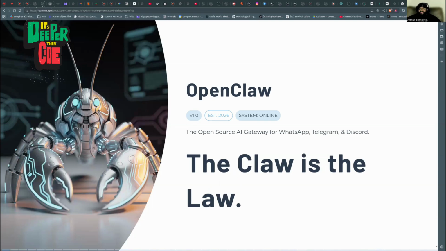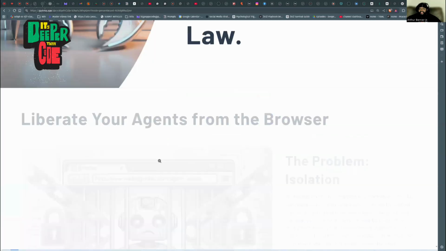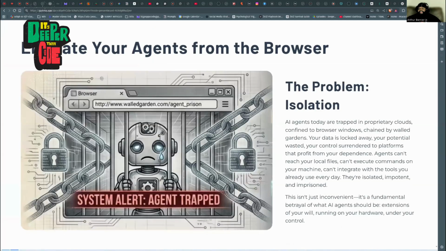So let's look through some of these slides real quick, so you can see what it is that this actually does. You see right here in my slide, it says liberate your agents from the browser, because the problem that we just talked about is isolation, right? Your agents today, they're trapped in proprietary clouds, they're confined to your browsers, they're chained behind walled gardens, and your data is locked away and wasted on all these other platforms.